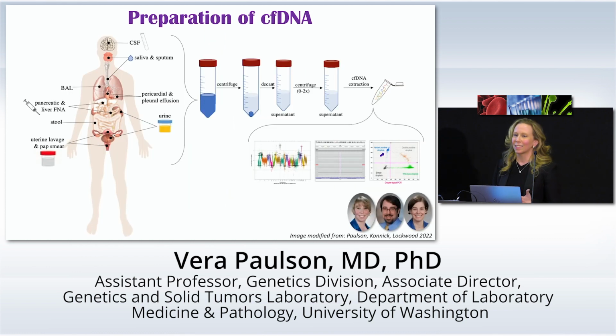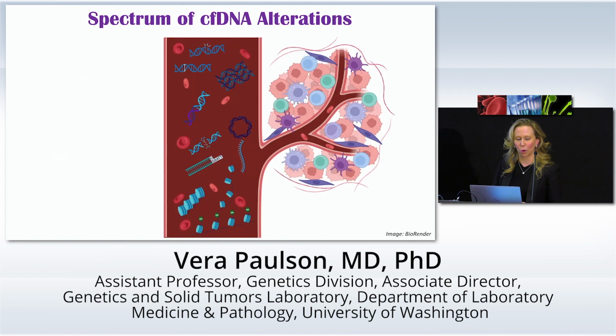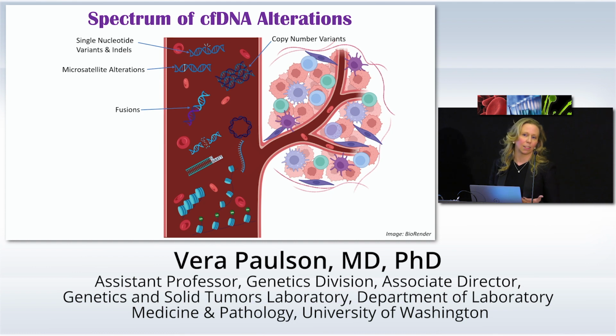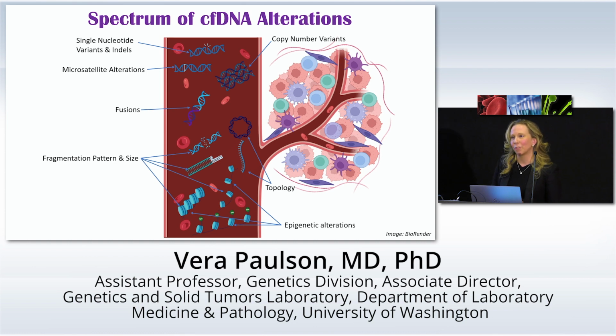All of these different compartments can be accessed and can be spun down. You do centrifugation, you just discard the pellet, and you're going after the material that's present in that supernatant. And from there, you can put it on a number of different testing modalities, just depending on what you're looking for. So we can see things like single nucleotide variants. This is probably where you think we spend most of our time, right? BRAF V600E. There's copy number changes and fusions to be found. But there's other things you can look at as well: the fragmentation patterns, the size, the epigenetic alterations, if there's methylation present, how that's changing the nucleosome footprint. What is the topology? Is it a double strand or a single strand, linear or circular?